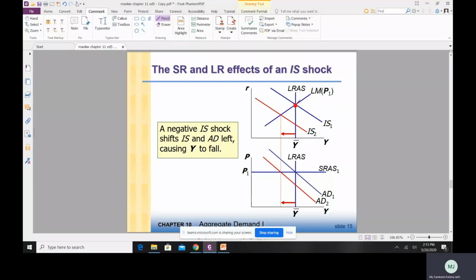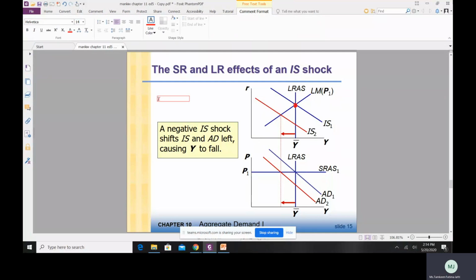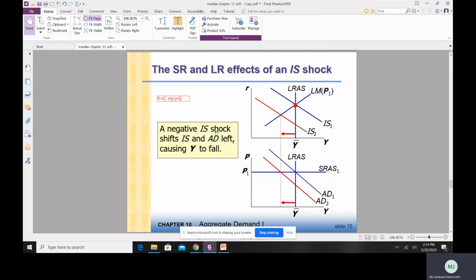Now let's suppose G decreases. So if you remember, this is going to affect only the goods market. Okay, so if you remember, in the goods market, equilibrium is established where the supply for goods and services, which is Y, is equal to the demand for goods and services, which is C plus investment, which in turn is a function of interest rate, plus G. So इस केस में हो ये रहा है कि there is an adverse demand shock. ठीक है, there is a negative IS shock. यानी let's suppose G decreases.